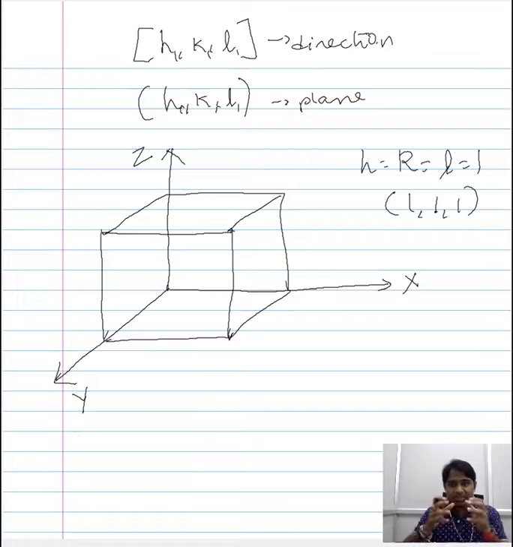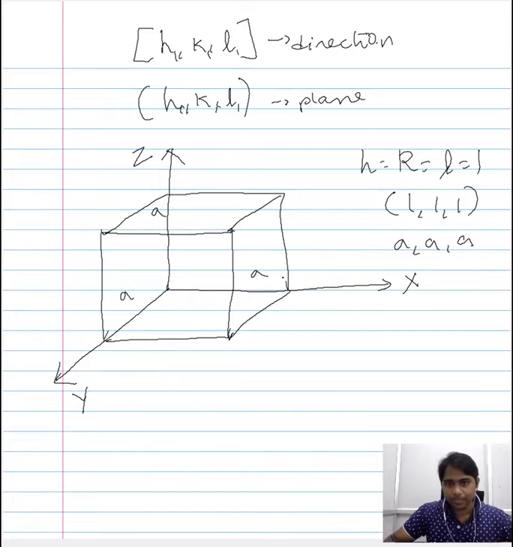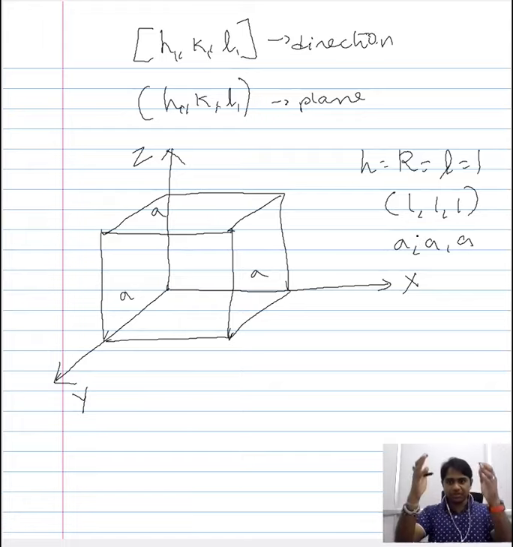Now when we considered the intercepts, we considered them in terms of the dimensions of the unit cell, that is A. The intercepts were calculated in terms of A, and then when we factorized it, we tried to remove the A. So the reciprocal of this would be again 1, 1, 1, and when you try to include the unit cell dimension, it will be A, comma A, comma A. So we are trying to reverse engineer it.